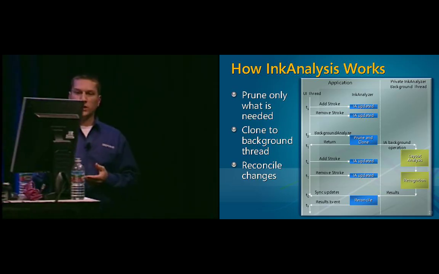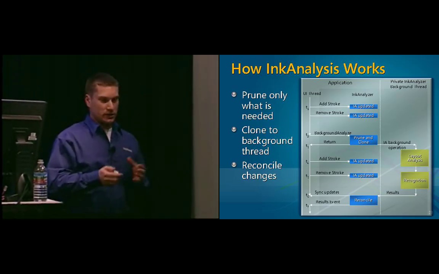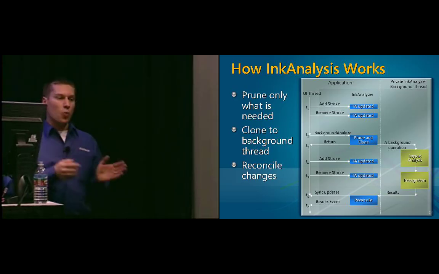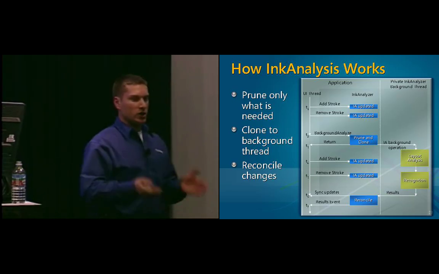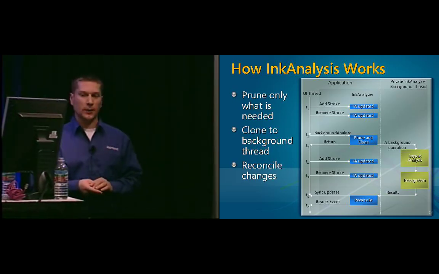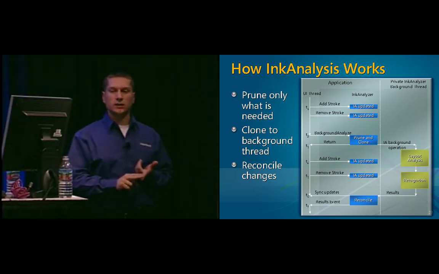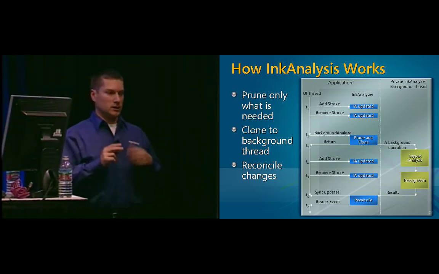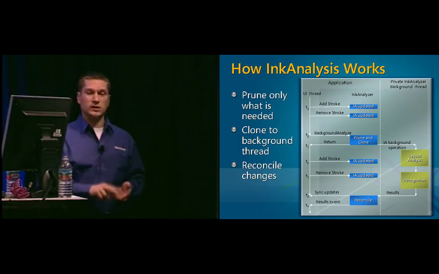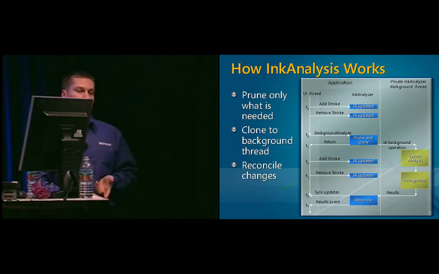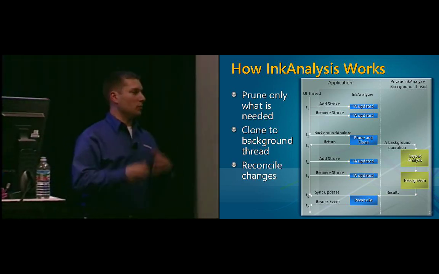So when we redesigned the API, we wanted to make it easier for developers to keep things in sync, and not waste time reanalyzing and re-recognizing stuff that you'd already done in the past, and really focus on the stuff that needed to be done. With that model, we came up with a mechanism that lets us prune down the data that's needed. So I'm going to walk through a sample here and explain 3 concepts: pruning, cloning your information to a background thread, and then finally reconciling all that background work back into the